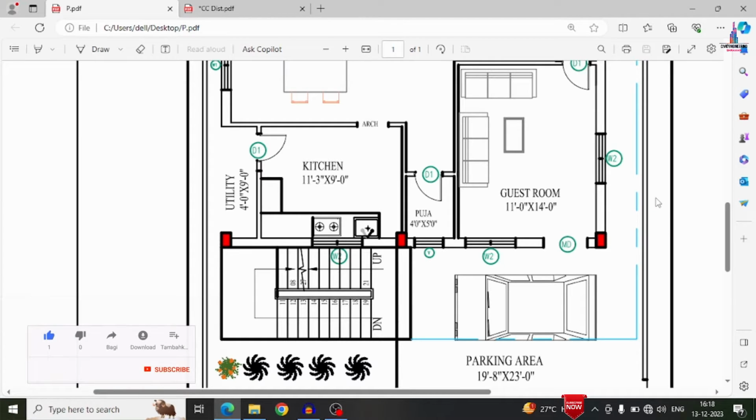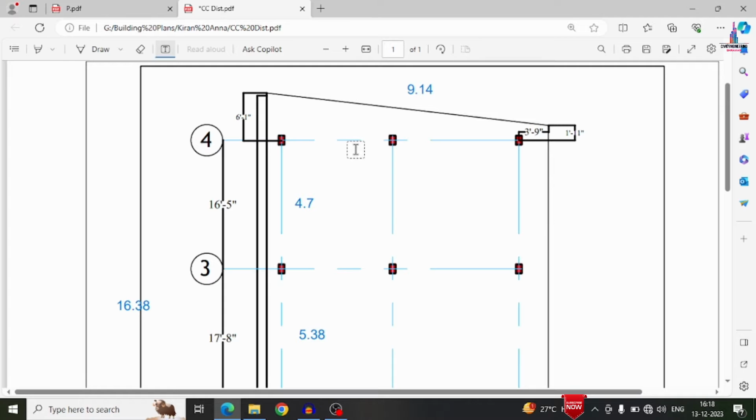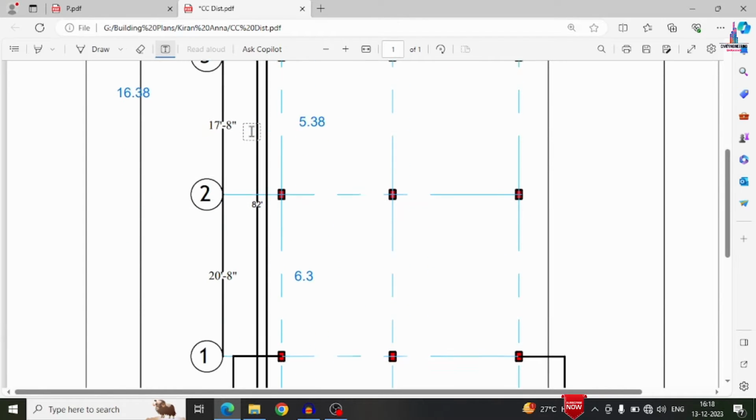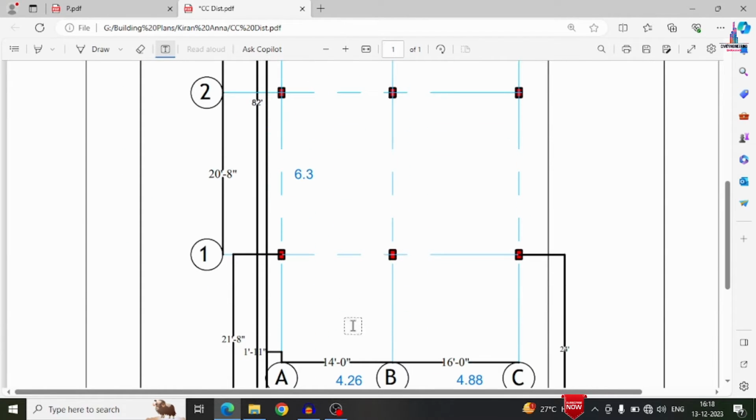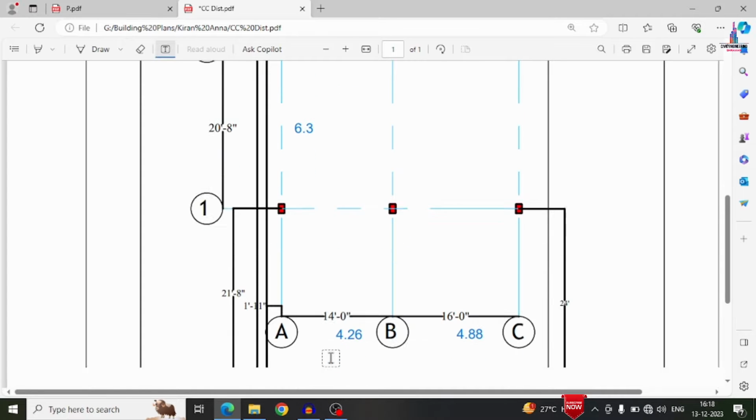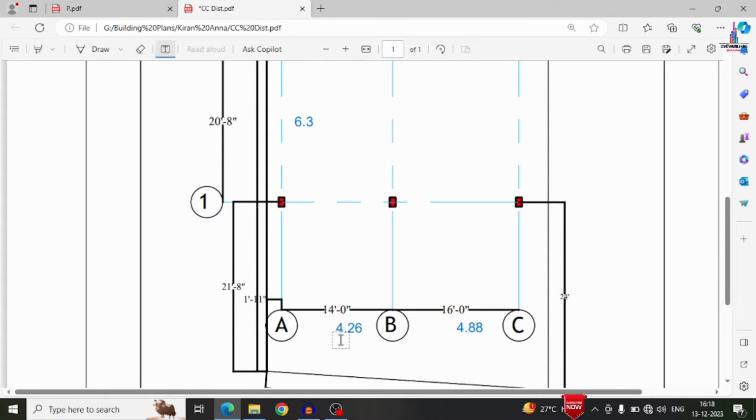Now in this video, I will explain how we can proceed with the design process, as per structural engineering, if the building is a G+4 structural model. So this is the typical floor plan. This is the center to center distance between the columns for the typical floor plan. This is the horizontal distance and this is the vertical distance. The blue color marks indicate the distance in meters and this is the distance in feet.